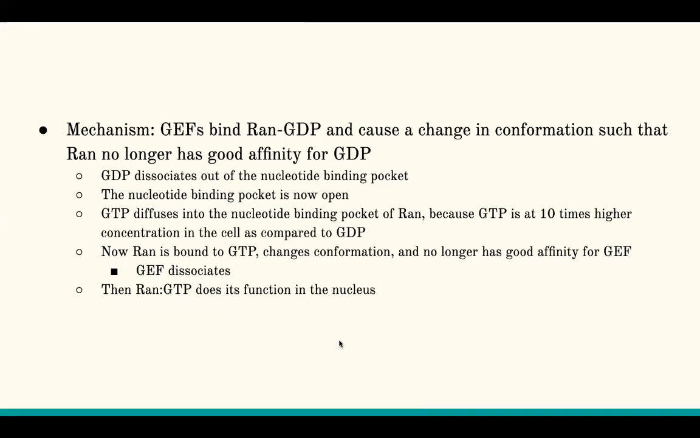I think that's just the same thing as we said before. It's just more in detail about what GEF does. It just causes this change in conformation so that RAN loses that affinity for GDP. You're not converting GDP to GTP, you're switching out one molecule for the other. I know that's sometimes a misconception some students have, they think GDP is being changed to GTP, but it's